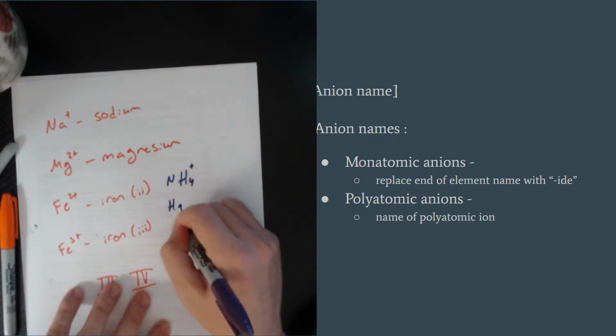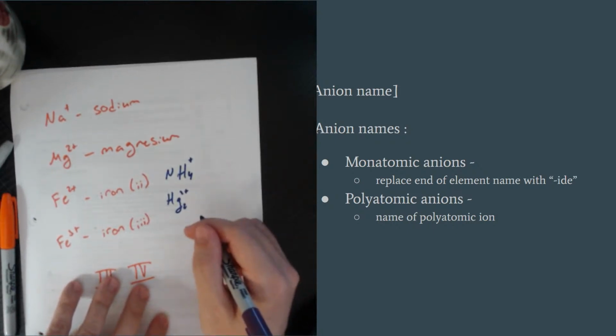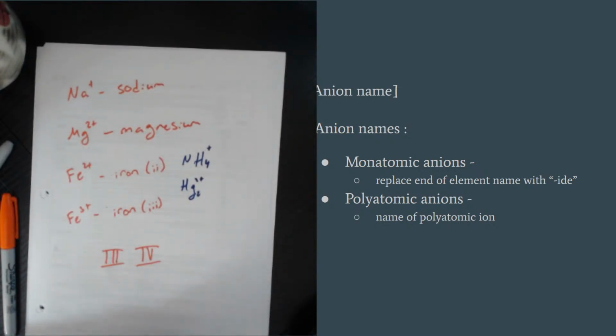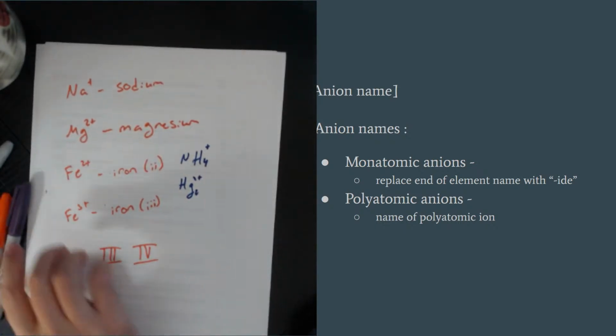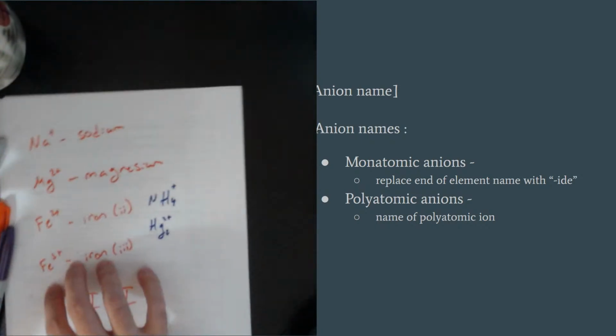ammonium, Hg2 2 plus, that's mercury(I), and can I think of any others? Those might be the only two. There's got to be more, but I can't think of them. Like I said, there are very, very few polyatomic cations. So just be aware,